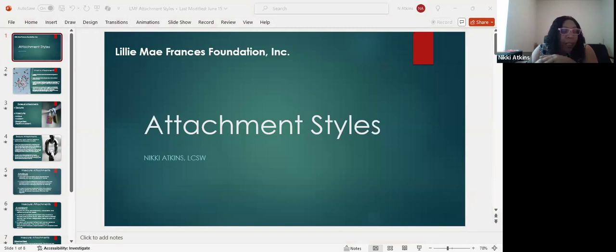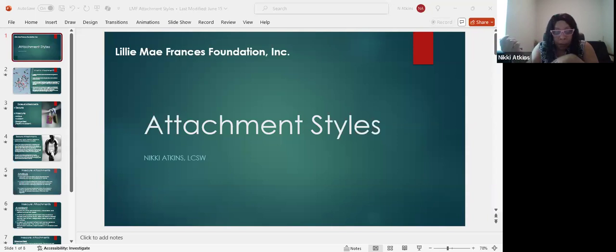I don't know if that's a term that's familiar to anyone, but it's something that is discussed in early psych classes. If you ever took a psychology class, then most likely one of the first things you talked about was attachment styles, simply because it relates to how we attach as children. That's where we form our first attachment with our caregiver, our parent, our grandparents, anything like that. And our particular attachment style tends to follow us throughout adulthood and determines how we attach to other people within